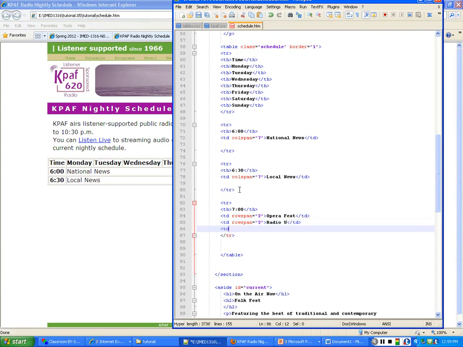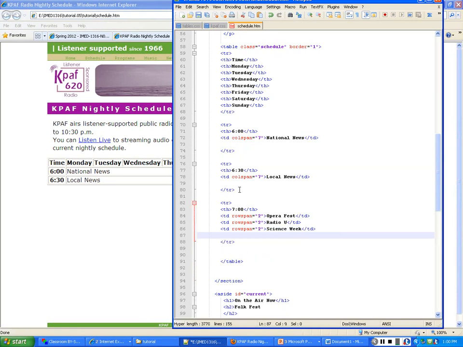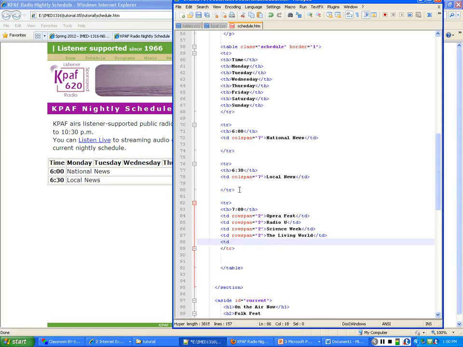And the next row, TD row span equals 2. And this one's going to be Science Week. And we close it. And the next one, TD row span equals 2. The Living World. Close it. The next one, TD row span equals,